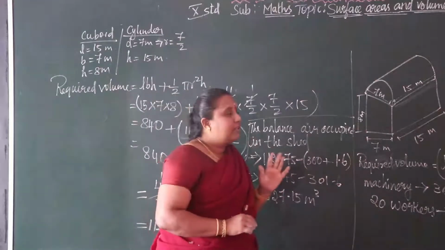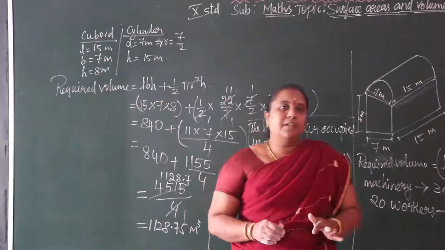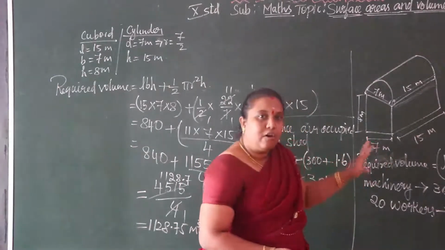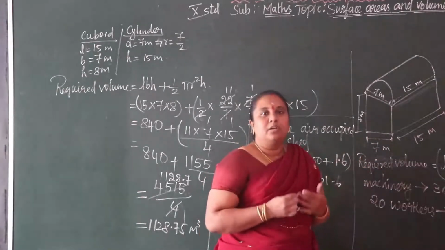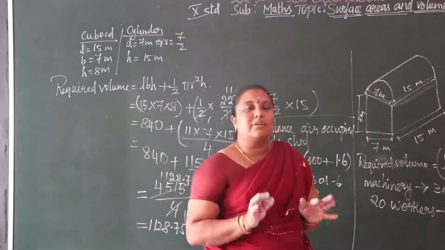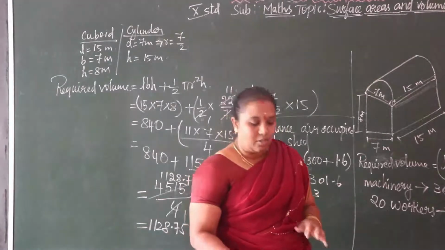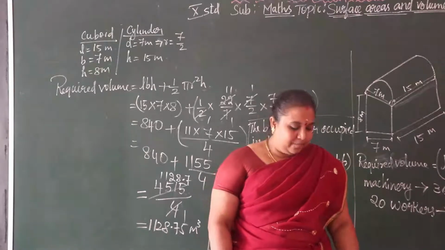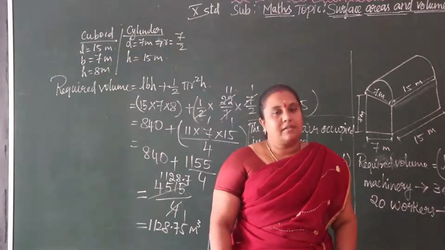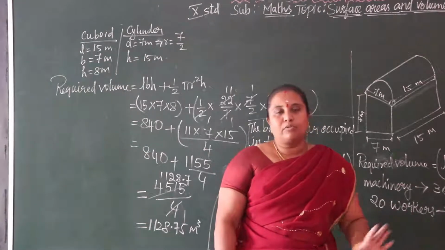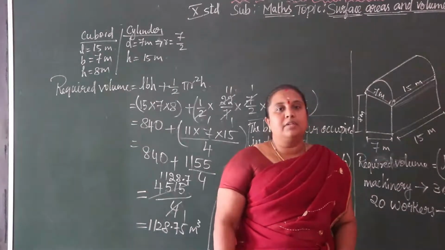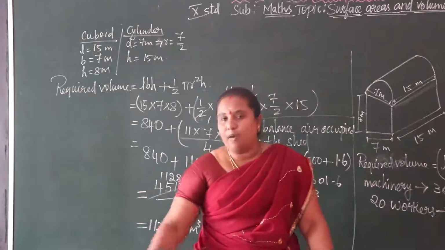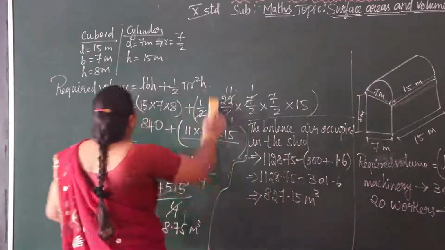So like this we have to find out the volume of the combination of solids. It is based only on the formulas. So you should come to know the formulas, then only you can solve the problems. You have other example sums also, example 6 and example 7. Write them yourself in your rough notebooks. I have to solve one more sum in exercise 15.2 now. So let us see that problem.